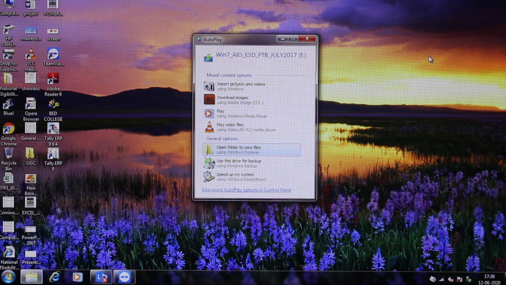So I will tell you one thing: whenever you are using a pen drive, you have to put the pen drive in the USB port. USB, Universal Serial Bus. This is a port which you will find in the front of the cabinet. And if you put your pen drive inside that